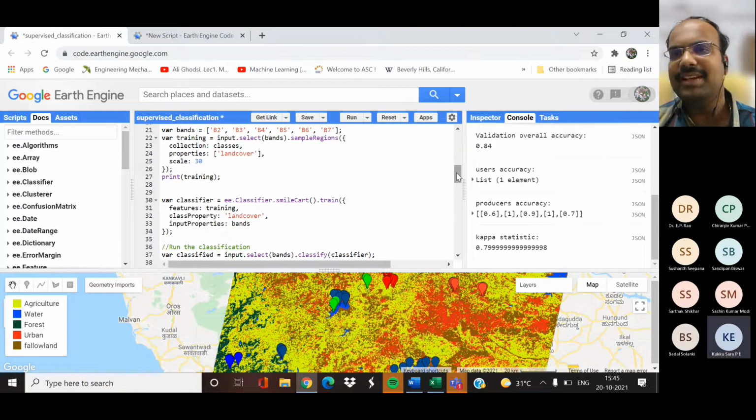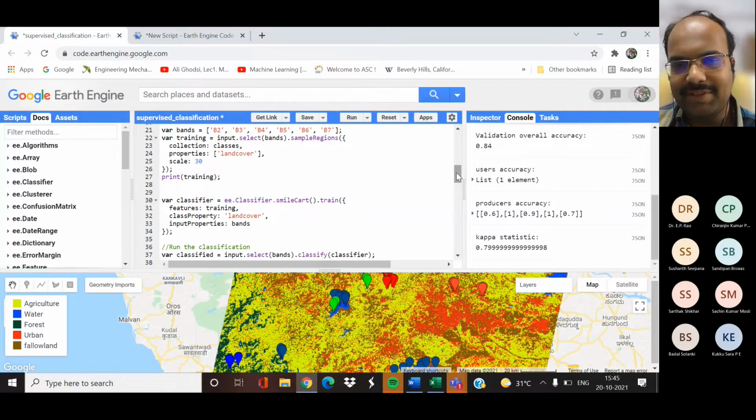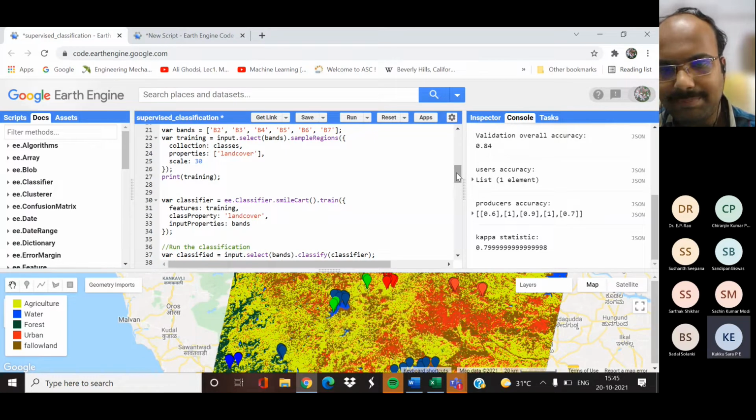Fine. So basically that's what we are doing, identifying by visual clues and using that as input to the supervised classifier. For the time being you do this, but the theory behind the different things, what rules and basic guidelines we should follow, and more about producer's accuracy, user's accuracy, kappa statistics, all those things I'll try to teach in theory. I will do that before your course ends. 5th November is your deadline. I'll try to teach all these concepts before that. Any questions?